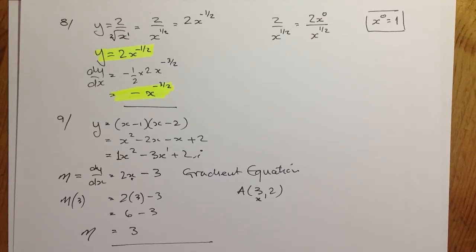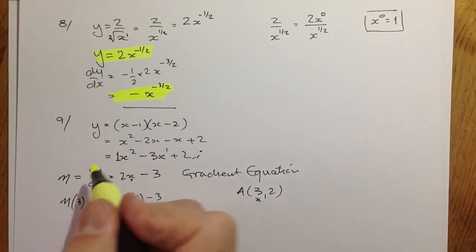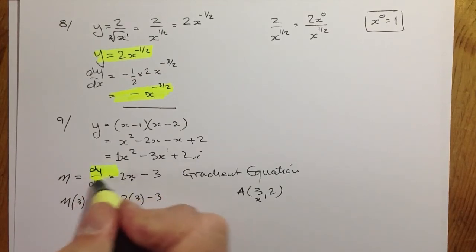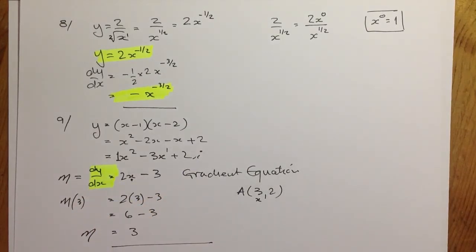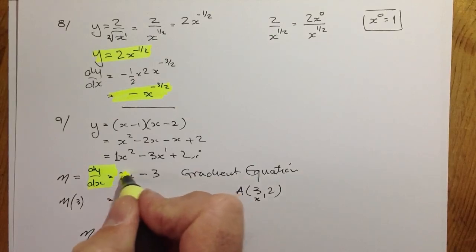So this is a 3-mark question. We'll get 1 mark for knowing to differentiate, so just for knowing to do that. So dy by dx is equal to will give me a mark, and for getting the 2